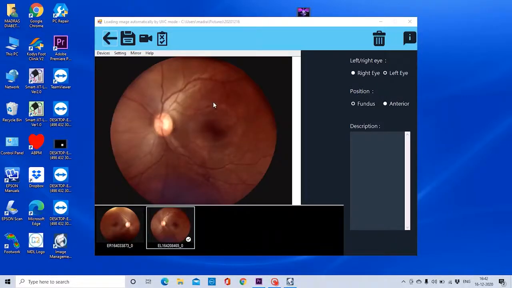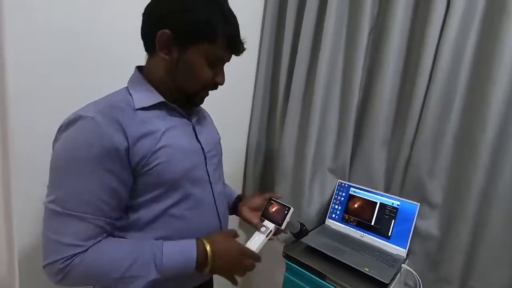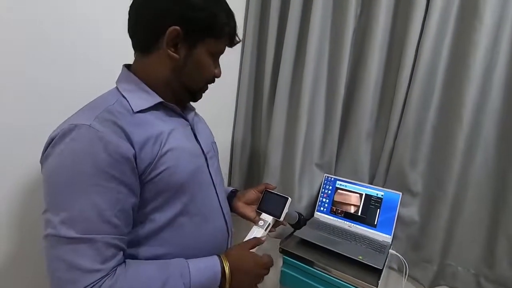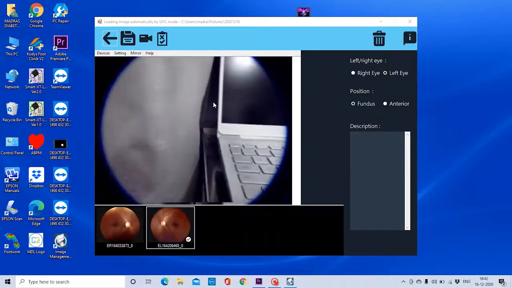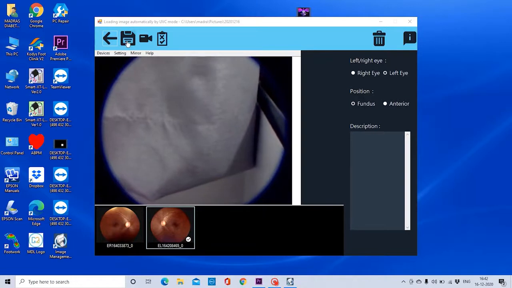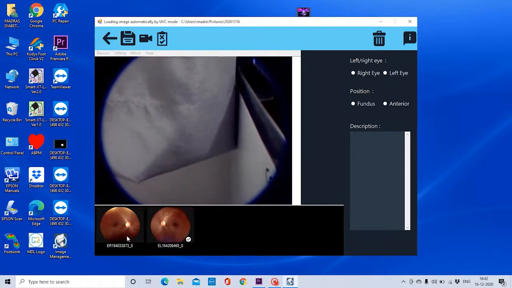So this image will be transferred to the system automatically. So it will also be saved in the device also. So now we will select this save button in left eye fundus. We select this both images.